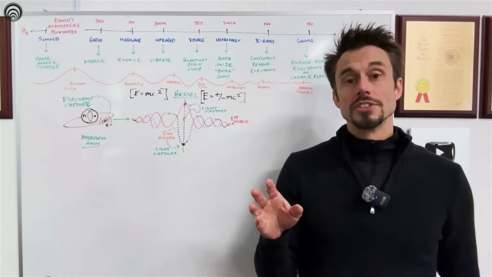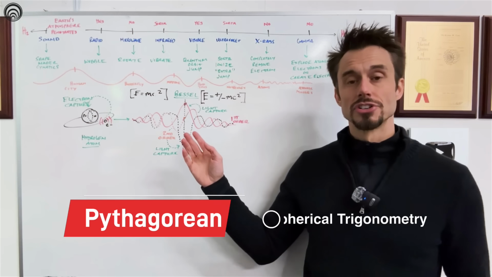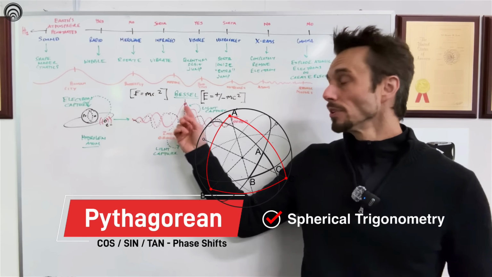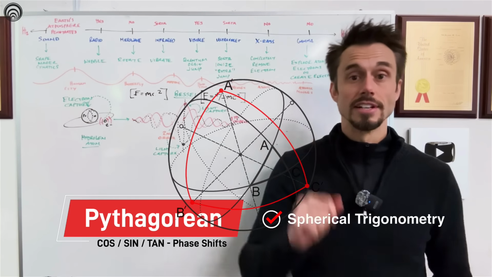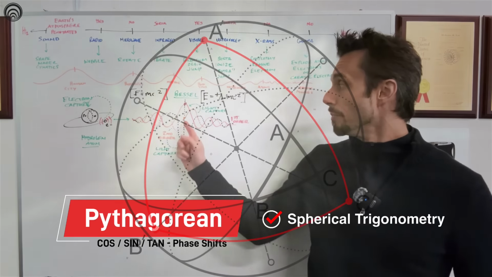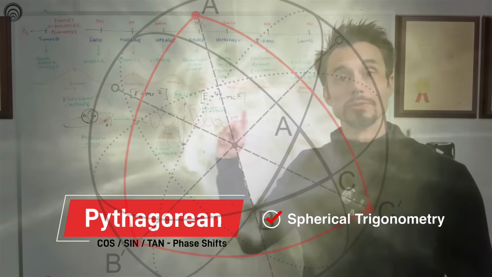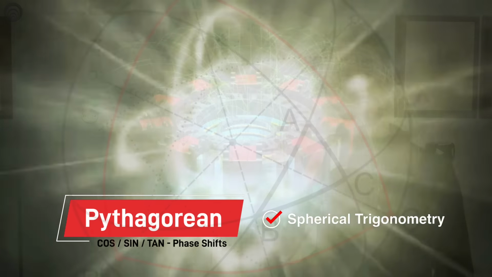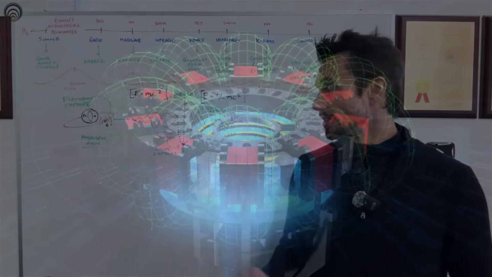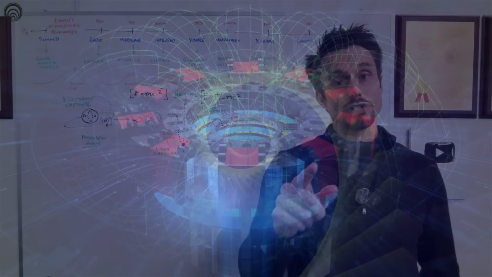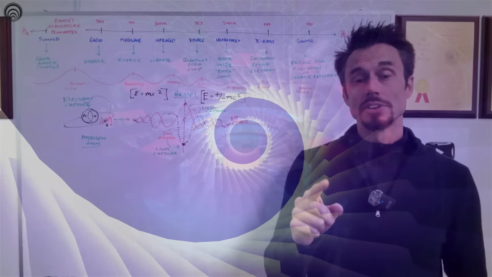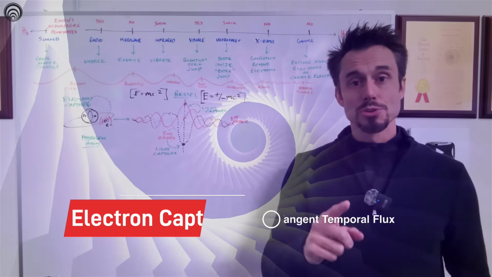Another interesting point to make is that when you look at a Bessel function, you also have this thing called cosine, sine, and tangent. And normally, when it's stable, the electron is in a cosine phase relationship regarding the antimatter. But as you see here, when the electromagnetic radiation is being pushed out, it's in a sine wave configuration. But you can also have a tangent configuration, which means that the light is actually being pushed back into the electron in stability. And when we do this with our circuits, we can actually cause an electron capture event,